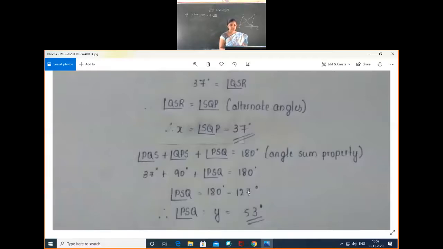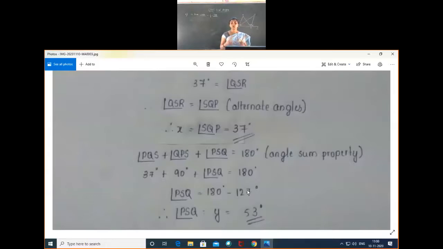So this is also a simple problem. These fourth and fifth problems are very simple actually. I think you have got a clear picture of this type of problem. This is a basic part of lines and angles. If you are able to find the angles using the angle sum property or the exterior angle of a triangle property, then your concept is clear. This is a very important basic chapter, students. Practice the problems properly.